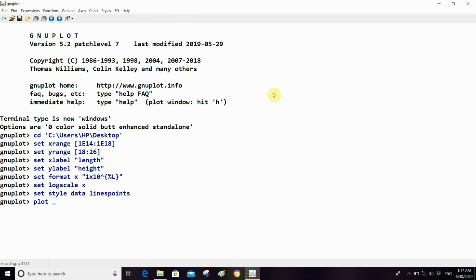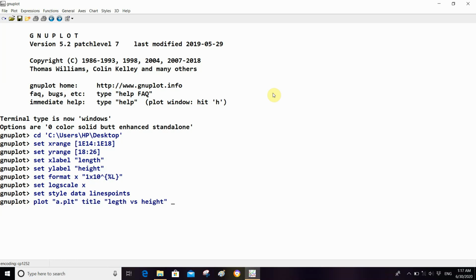So then I have to write the dot plt file name in inverted commas, close, and suppose I have to give a title, title in inverted commas length versus height, inverted comma close,